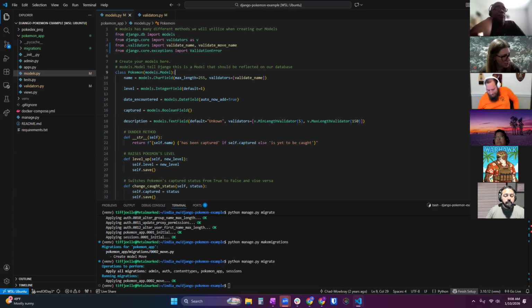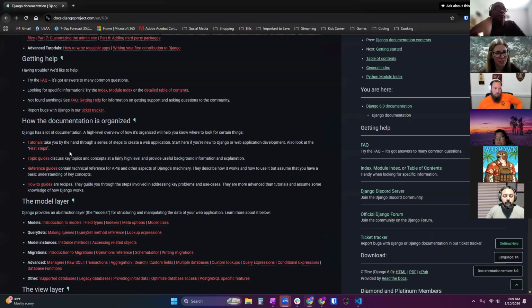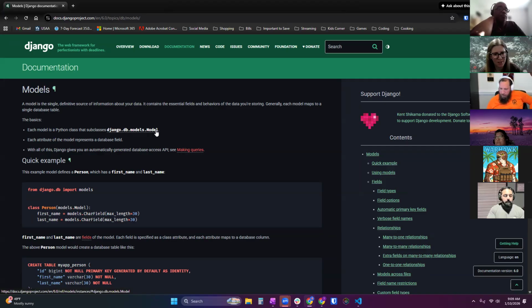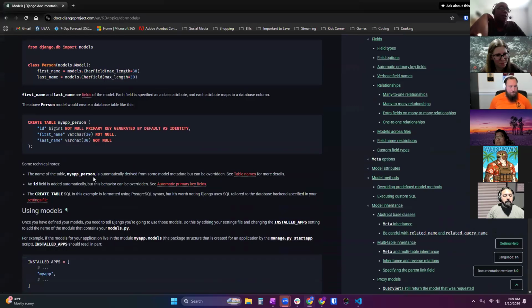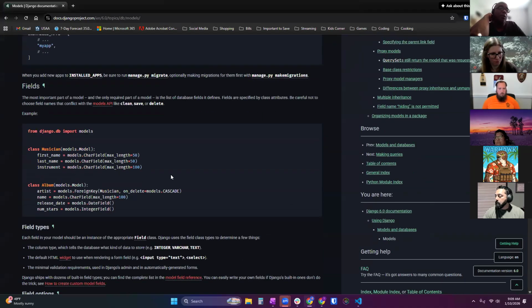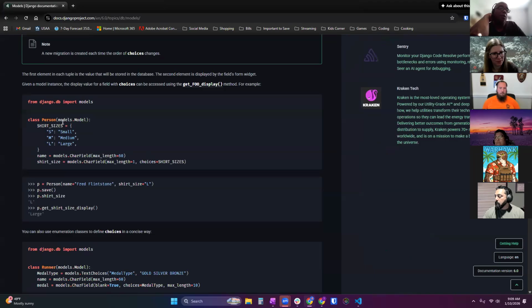Let's see, where is it? The Django documentation can help with this too, because they have an introduction to models. It's a subclass of this. So I guess if you didn't have this, it wouldn't be able to pick it up. Yeah, because you couldn't write any code that you could access the model class with. Yeah, because you have to inherit it first. So yeah, you won't be able to use anything in models.